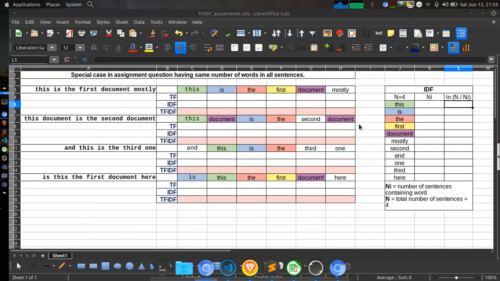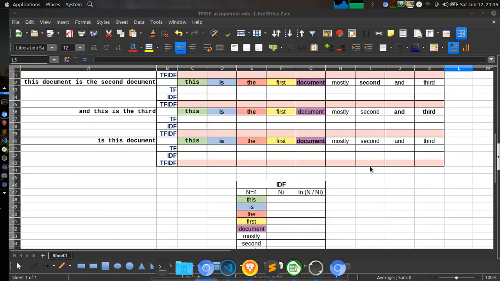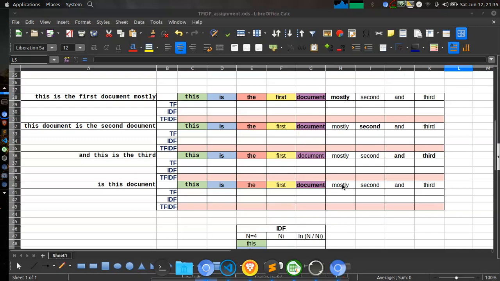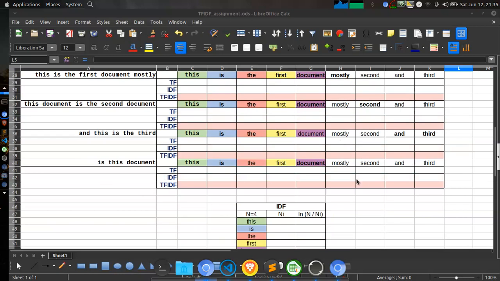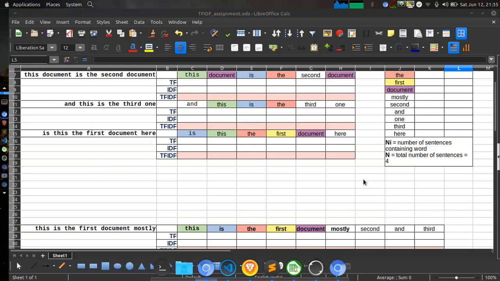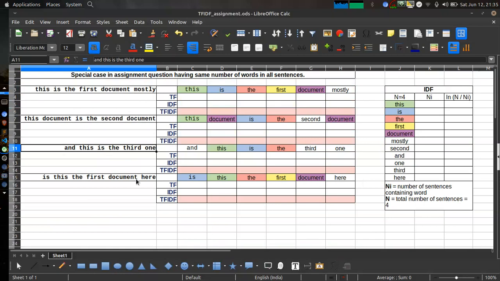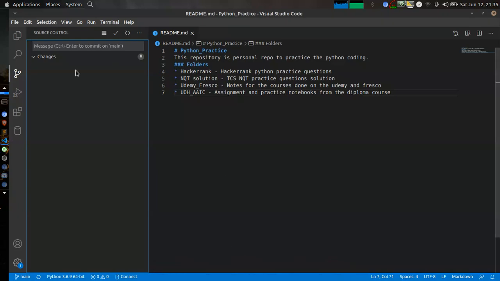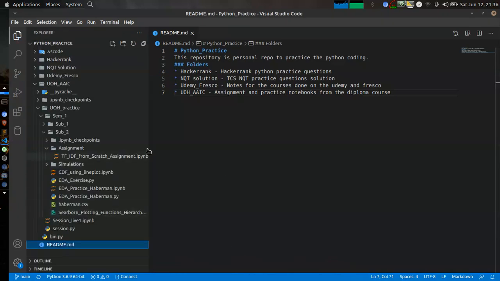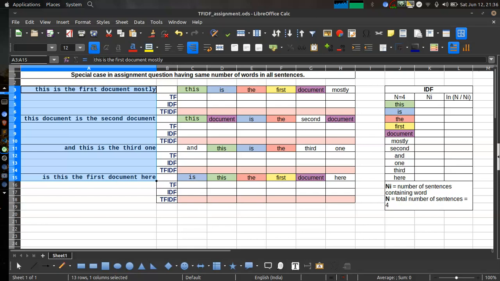I have just created this document to understand how to approach the question and what exactly they are asking for. We will discuss the normal way of finding the TF-IDF and generating the vector, because our goal is to vectorize these sentences. In the corpus, we are given these four sentences. If you just see it now, where is the question.